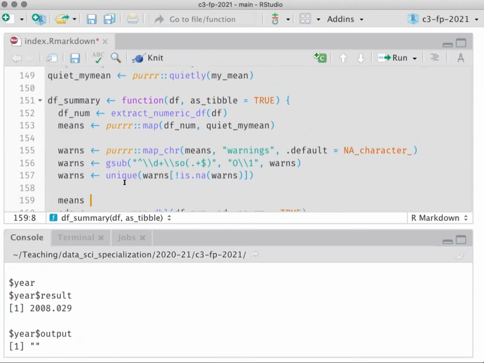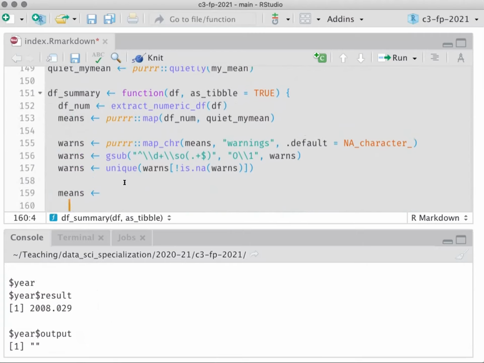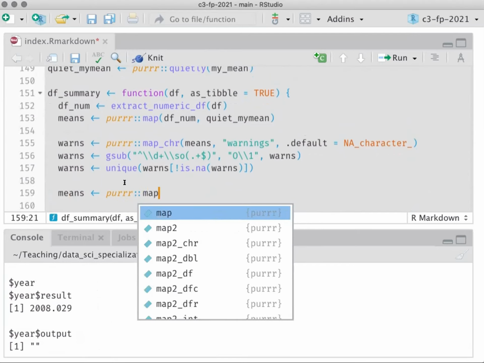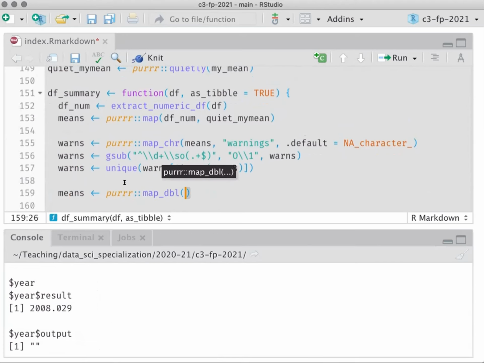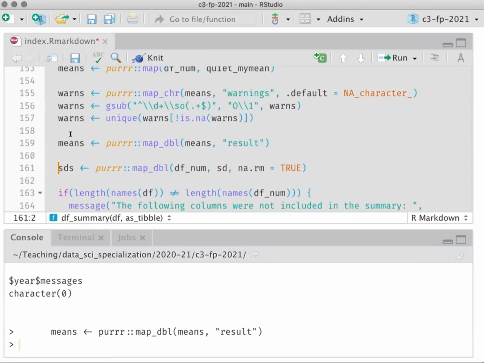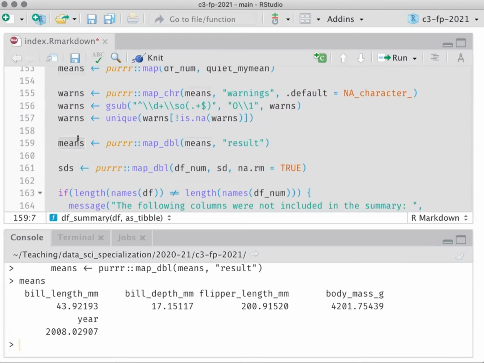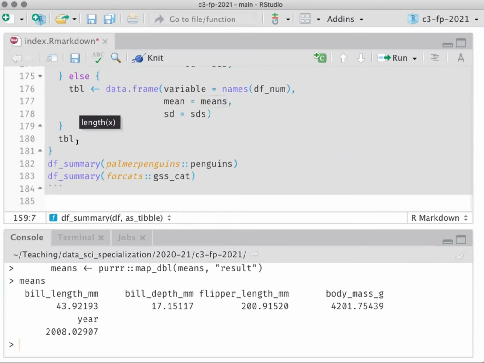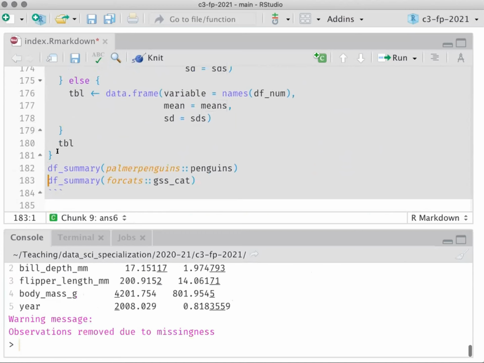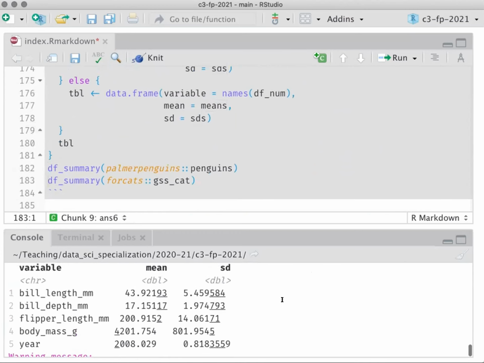So we'll go means is equal to per map double, and then I'll say means, and then give me the result. Right, that should work. Yes, okay, and now, there we go. Okay,